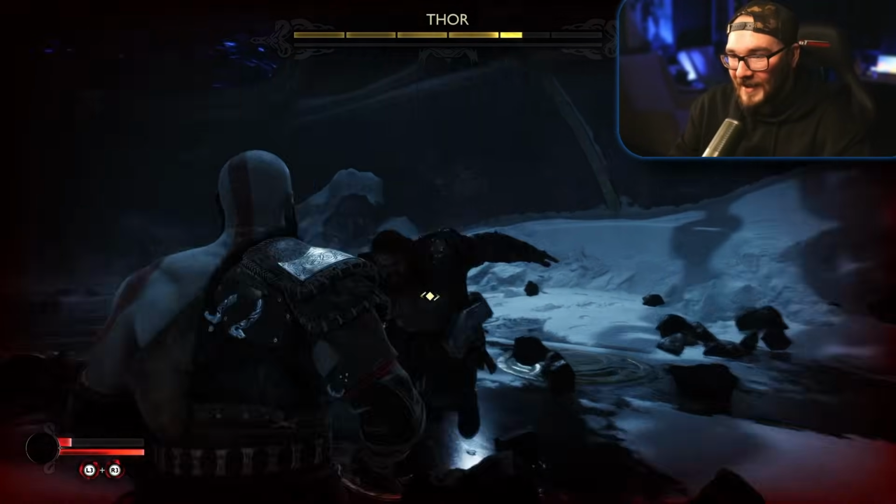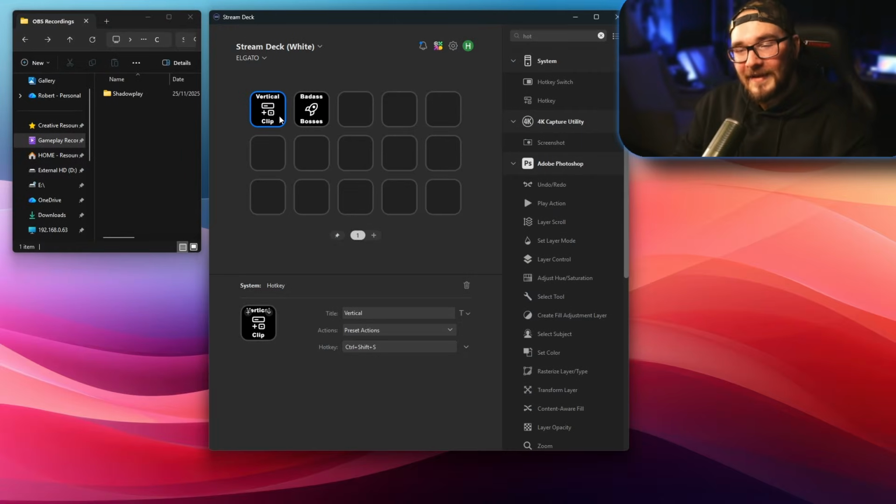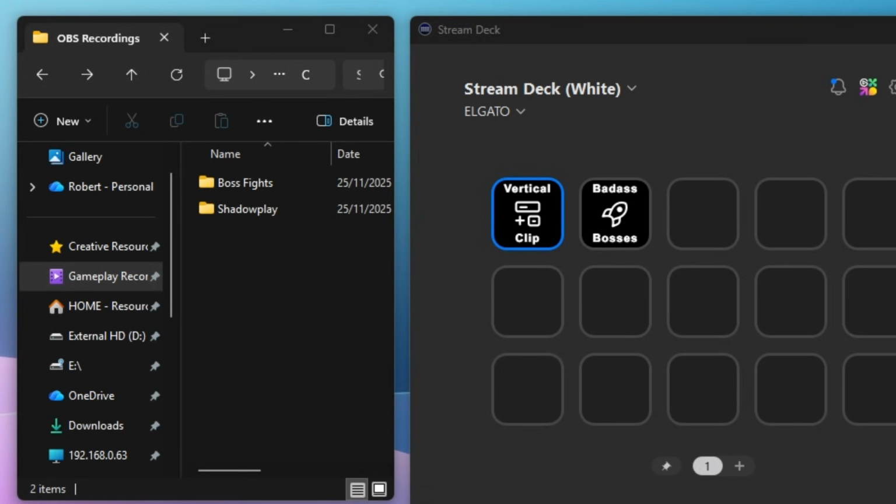So what we're going to do is press a button on the Stream Deck before I die. Oh, jeez. So we have this button right here, which is from Atom Vertical. We're going to tap that, and it's going to quickly capture that replay. There it is. And now we're going to tap another button called Badass Bosses. Yes, I'm a child. When we tap this, what's going to happen is it's going to go ahead and make